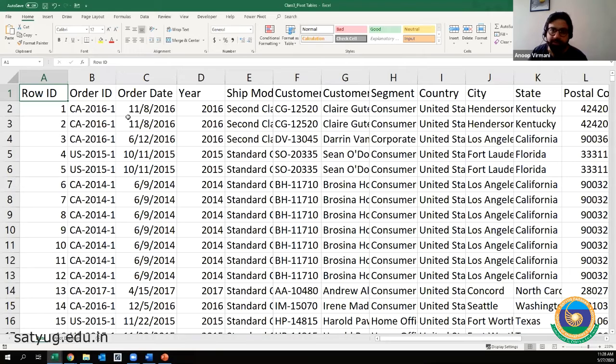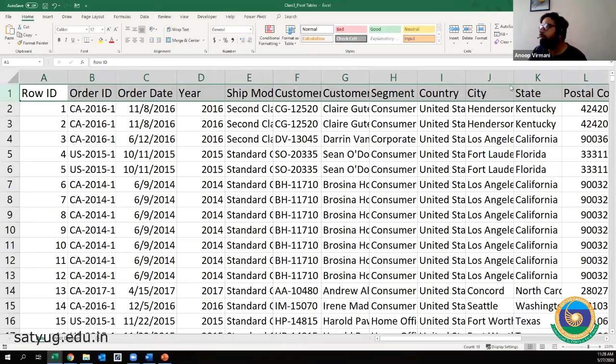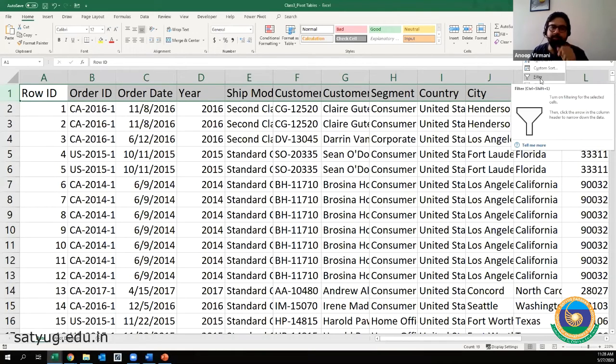How do we view this data? Let me tell you one amazing option that Excel has. You select this whole data, go to home, home ribbon. In the editing group, you find sort and filter, right? You drop it down and you click on this funnel kind of option called filter.